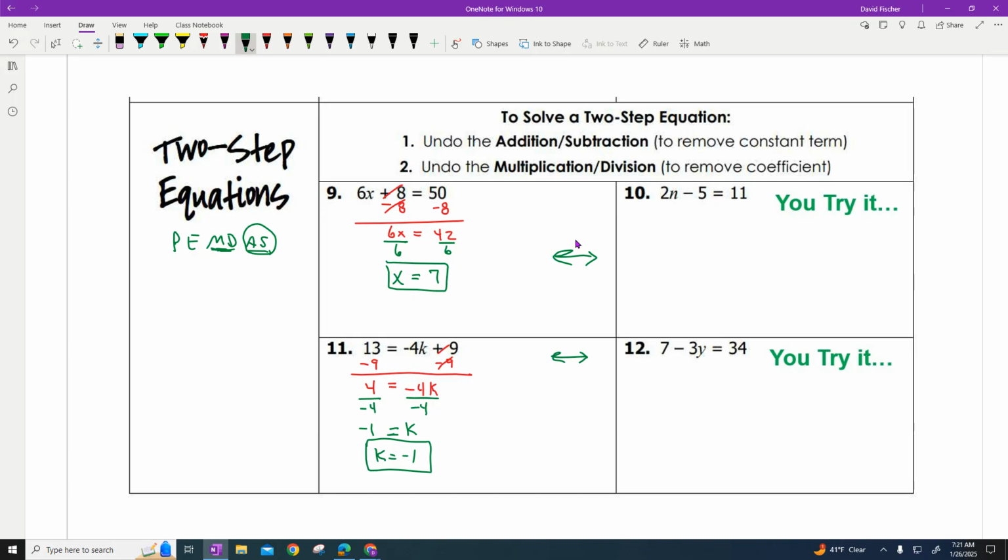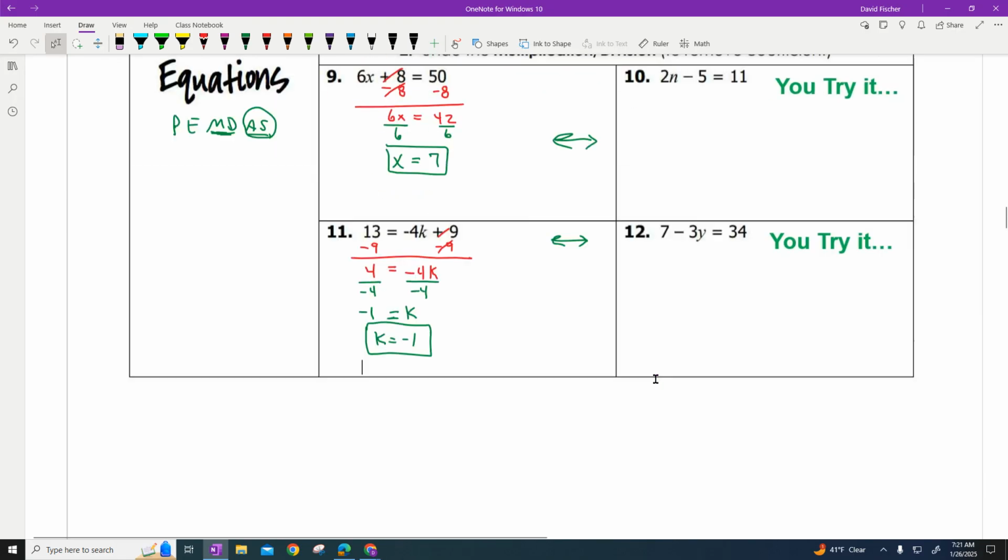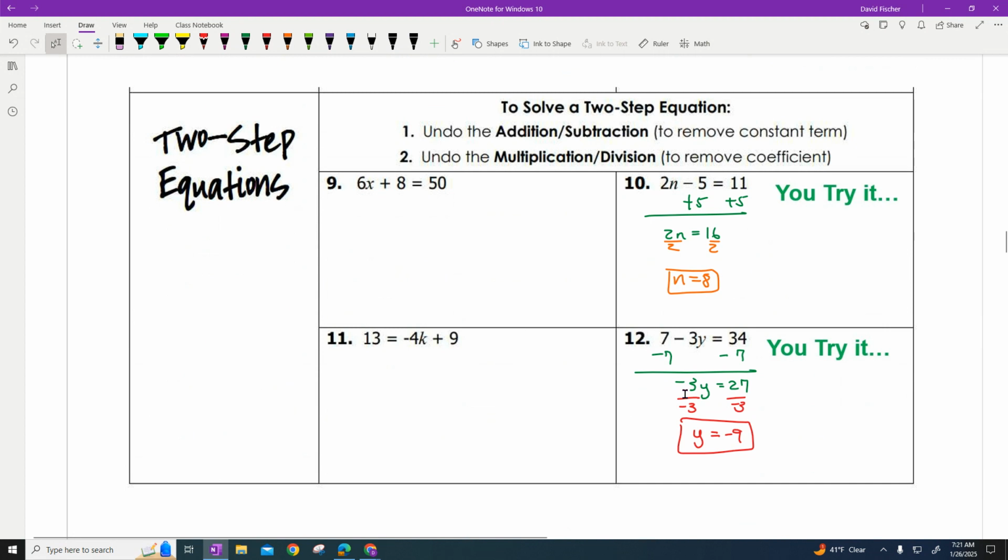Okay, so pause your video, do those two, and then let's see how you did. Okay, let's see how you did. Did I do it right? Yeah, there they are. All right, added 5 to both sides, got 2n. See how I'm not even crossing these guys off anymore? I could have. But I got 2 n's on the left, 16 on the right, then I divided by 2,